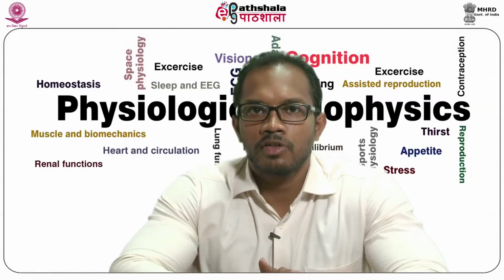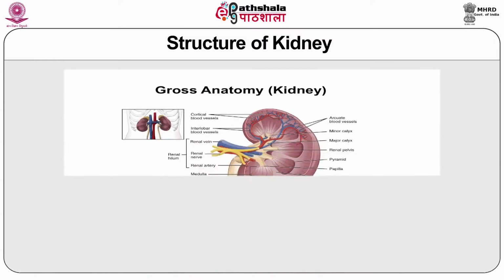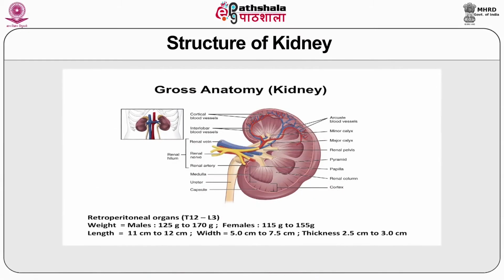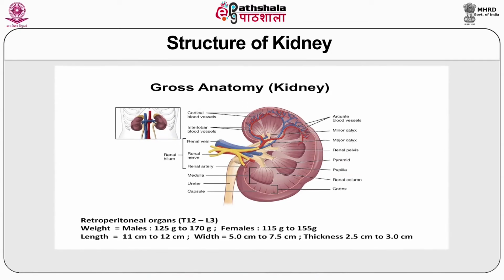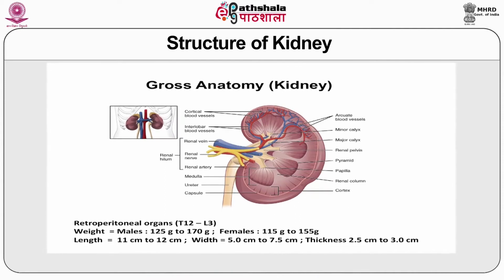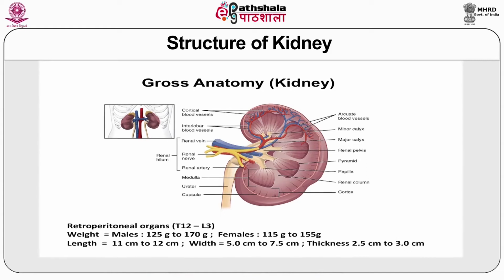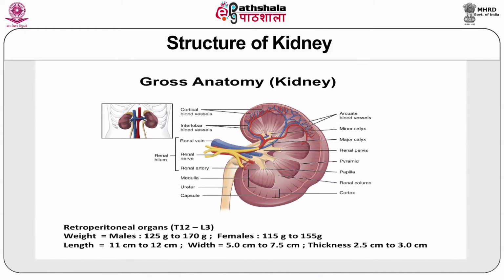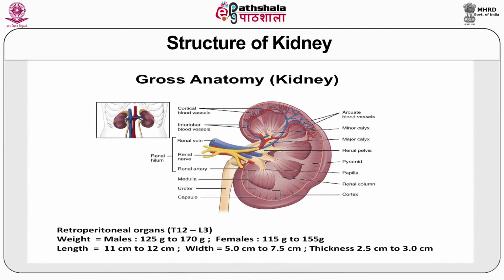First of all, we discuss the gross anatomy of the kidney. The kidney is a reddish white bean shaped retroperitoneal organ situated on both sides of the T12 and L1 vertebral column in the posterior abdomen. For a normal average adult, the dimension of the kidney is 10 by 5 by 2.5 centimeters and the weight of the average kidney is 150 grams.